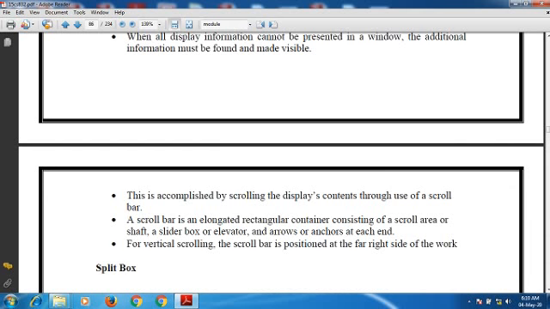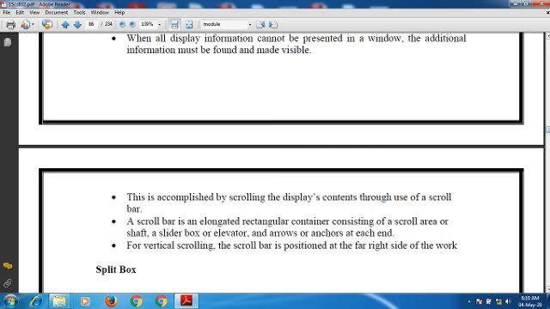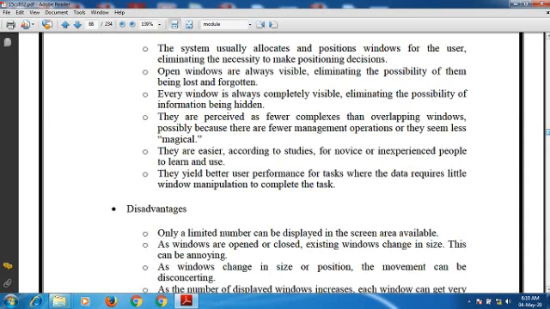A scroll bar is an elongated rectangular container. For example, here we have a scroll bar so that you can move this window to the next page and so on and so forth.